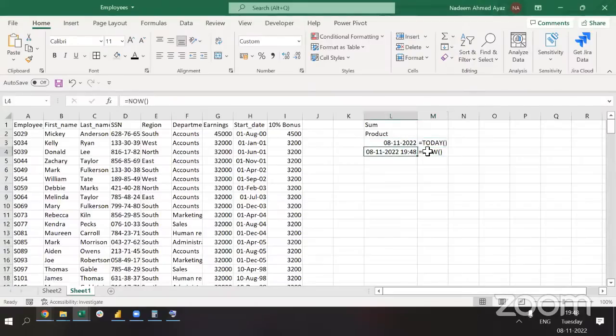To get time, use now. Now we know what is a sum. Sum means it is an inbuilt function which can add two or more numbers. Similarly, product is a function which can multiply